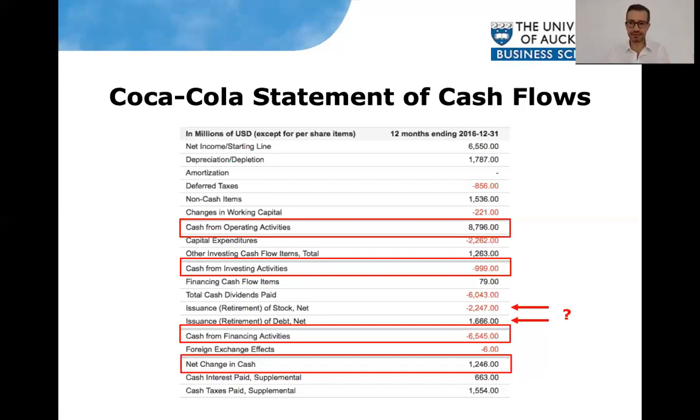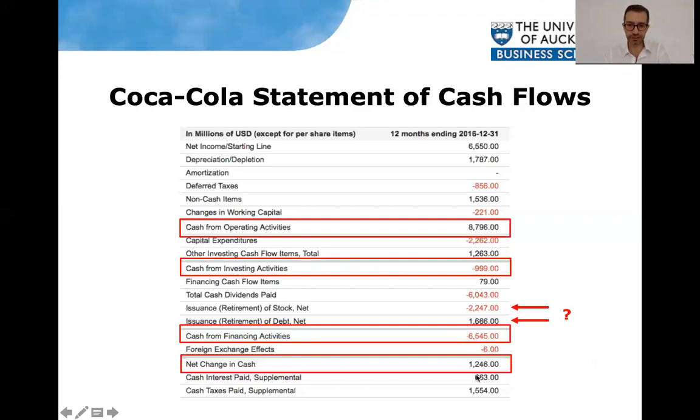And finally, they are doing these operations by financing them also with $1.6 billion of debt. So they're asking the banks to provide $1.6 billion in debt. And again, the reason is that now debt is cheap, and so they prefer to reduce the number of equity owners and increase the debt. So their capital structure is being adjusted to increase their probably return on equity, earning per share, and so on. So in total, you can see that cash from financing activity is significantly negative, $6.5 billion.